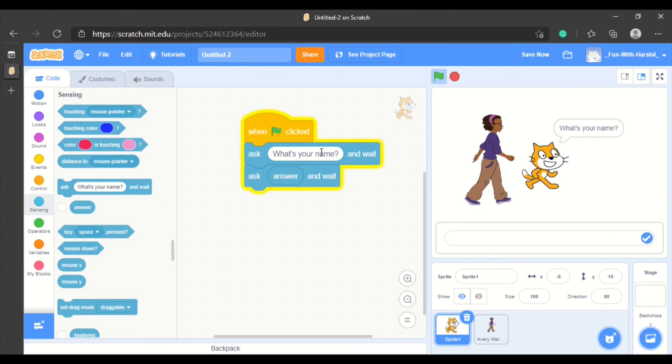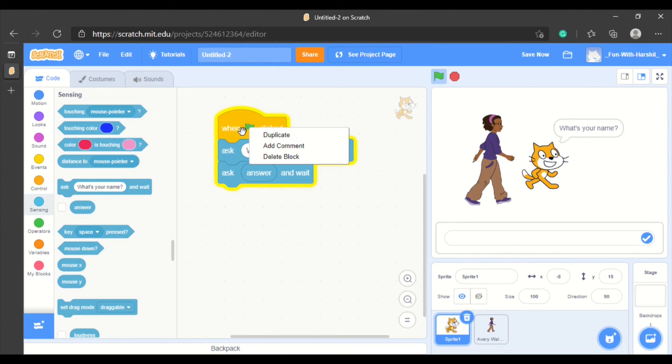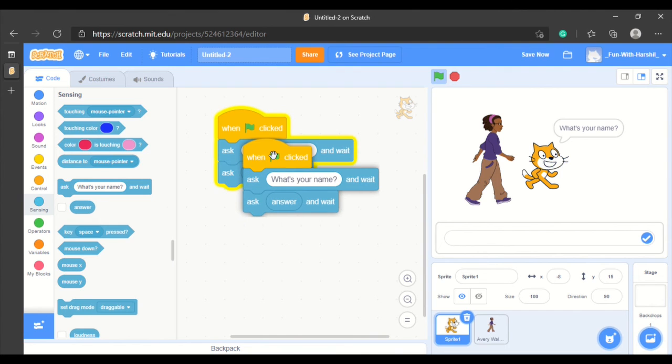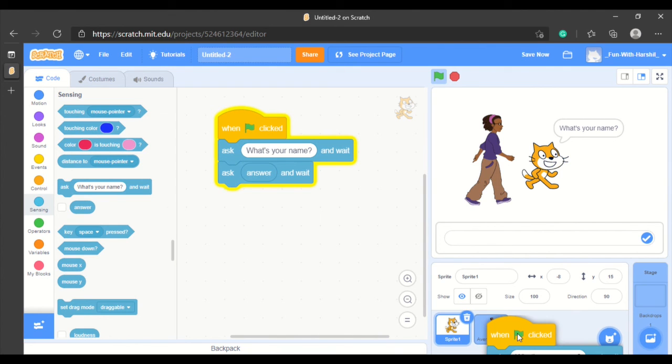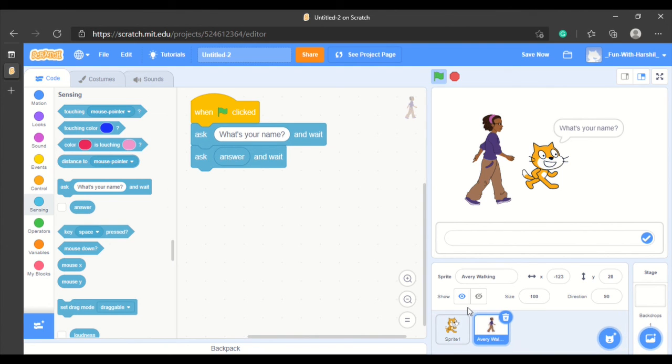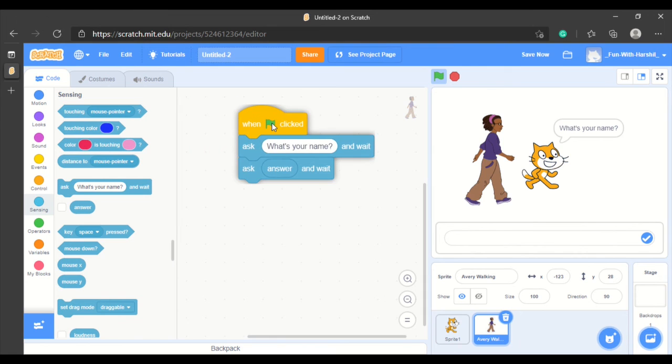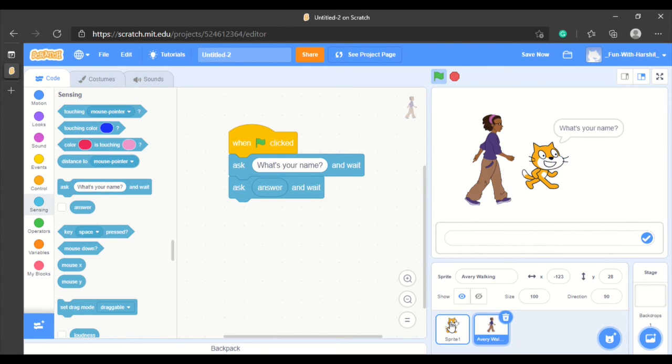But if you want both of them to respond at the same time, right click over here on the when flag clicked and duplicate, and add it on every sprite, and left click on your mouse, and see the same whole script came over here.